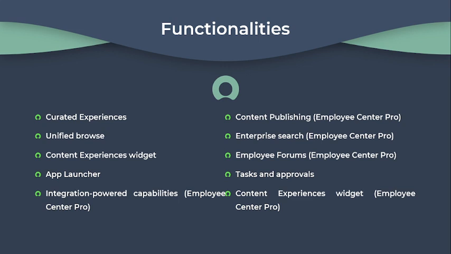Then App Launcher enables the approver to get precise information to take informed and prioritized approvals, improve productivity, and provides a unified approval task list where you can manage internal and external approvals in one location. Then integration powered capabilities. It is a functionality of Employee Center Pro. Access all your applications from a central location with a single click with App Launcher, with the entire list of both single sign-on and non-single sign-on applications in one place. You can access the application from the Employee Center homepage widget, in context from dynamic topic pages, and through search.